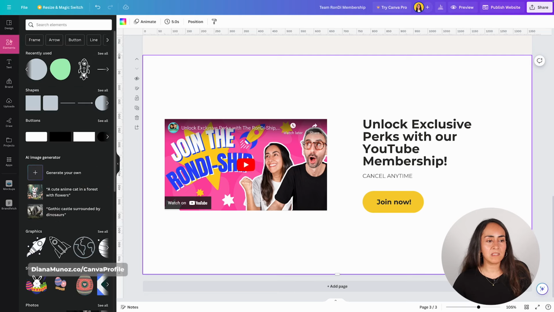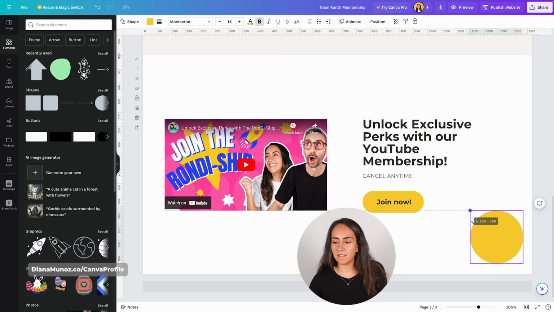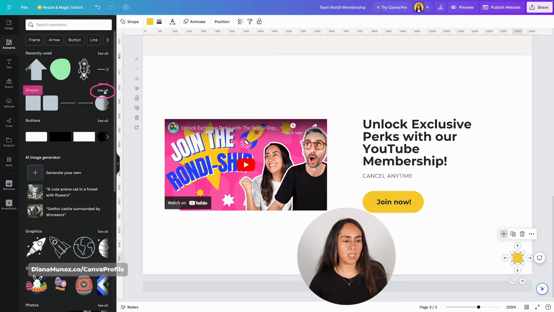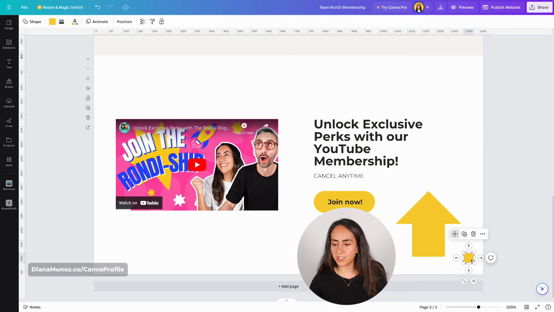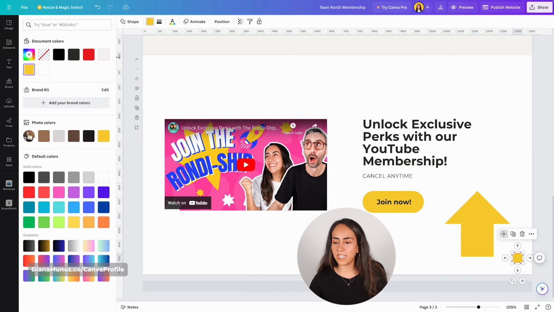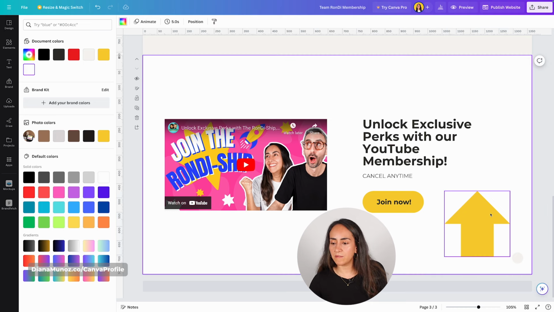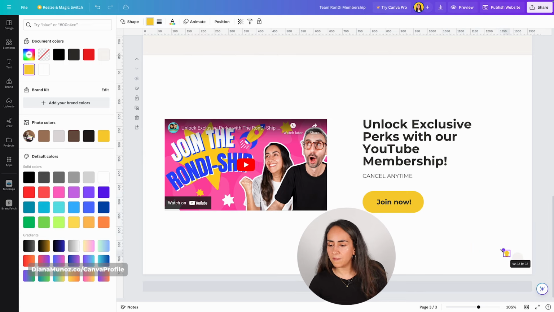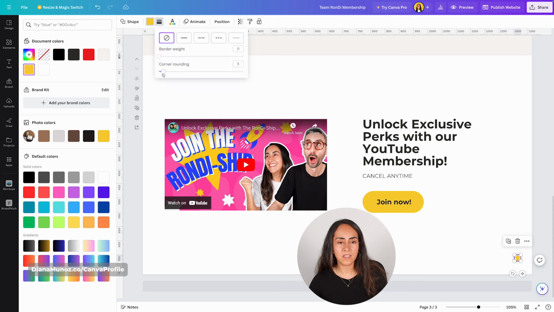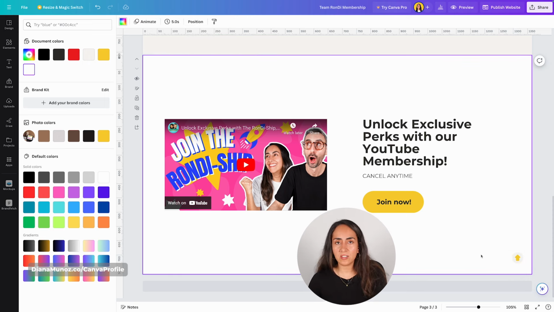We're going to elements. I'm going to select a round shape from here and make it really small. Let's go to shapes, see all, and I'm going to add an arrow pointing up. I'm going to change the color on this shape to gray, and then I'm going to select the arrow. I would like the corners of this arrow to be a little bit rounded, just a tiny bit, and I'm going to make this arrow very tiny. Position it here, adjusting the corners just a little bit more,